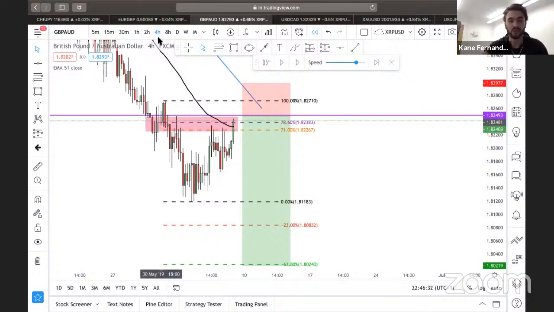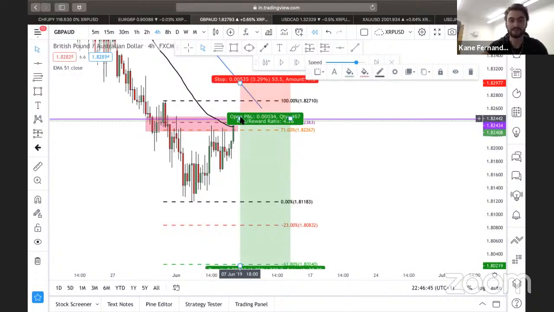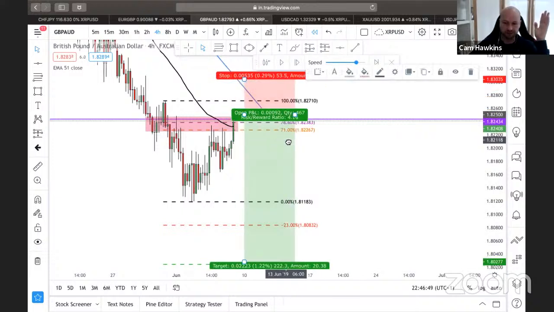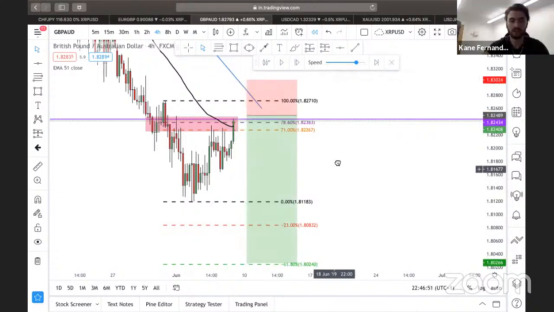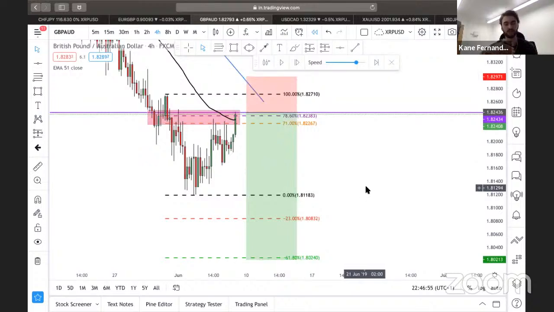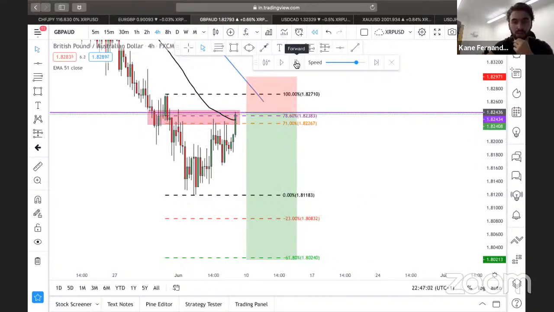Usually I'd wait for some kind of confirmation, like a rejection of the EMA. I wouldn't enter off a bullish engulfing, it's just silly. I should have said that before, but I've already said it now, so enter it there. You're going to enter on the close of the 4-hour regardless anyway, aren't you? If it was me trading with my guys, I'd say we're looking for the rejection of this zone, but on the 4-hour it's just gone straight up. But see how it plays out.